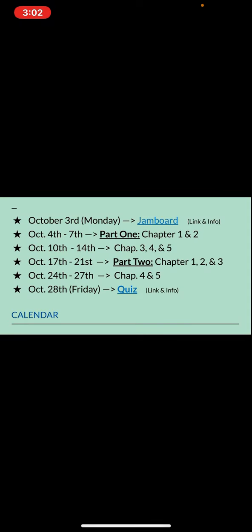So this is the calendar. These are the dates. October 3rd, which is a Monday, we will do the Jamboard. After the Jamboard, any questions will be answered to the best of my ability. There will be maybe discussion. Maybe if you want to give an example of what symbolism is, I will tell you if it's right or wrong, or if we're on the right path, and I'll try to guide you to the best of my ability. The same week, October 4th, which is a Tuesday, to October 7th, we will